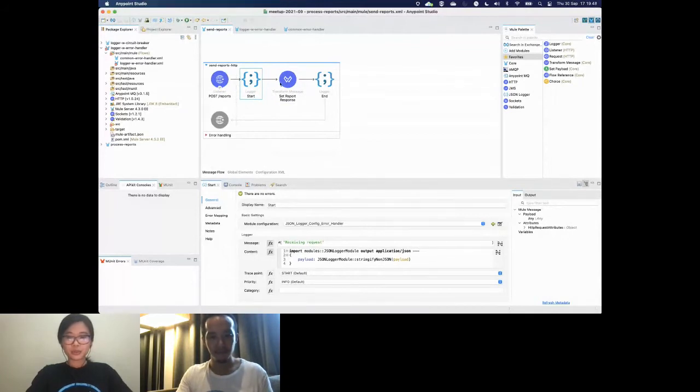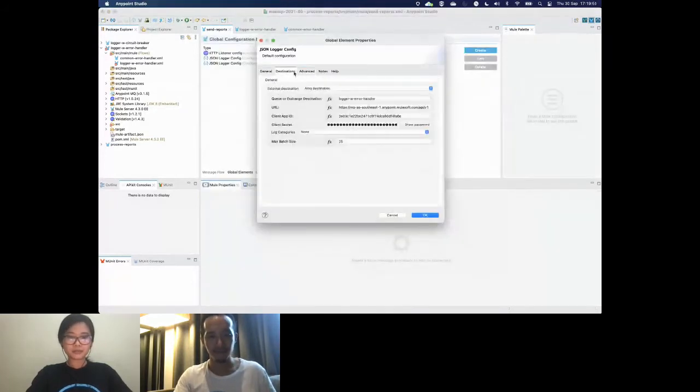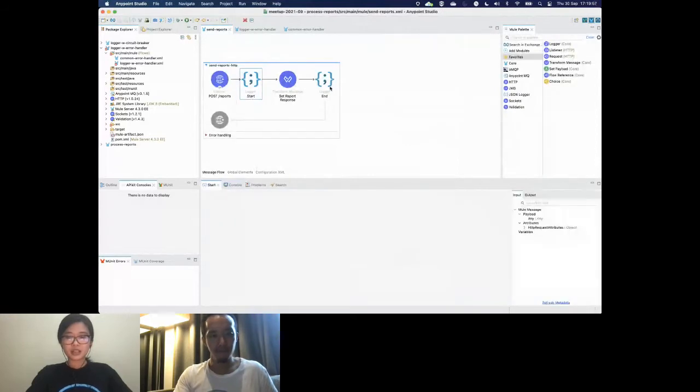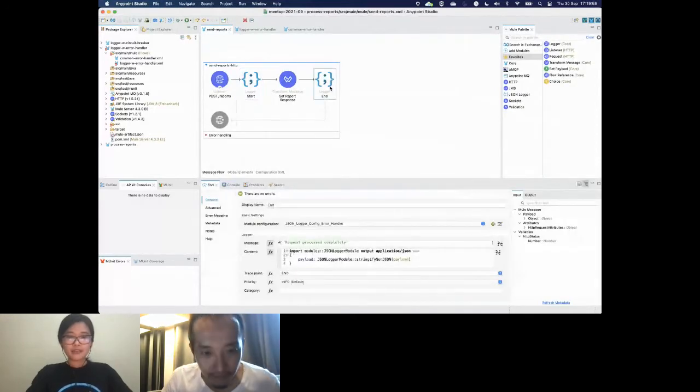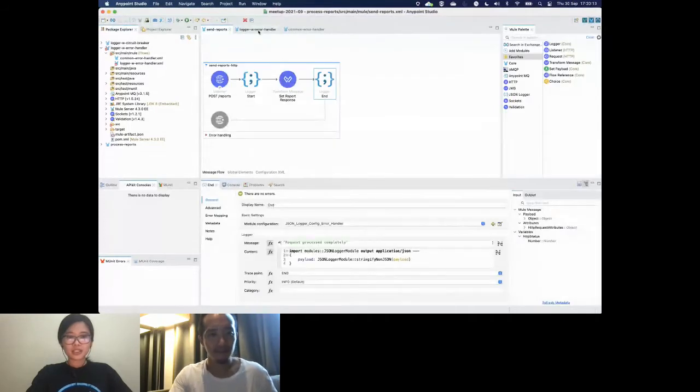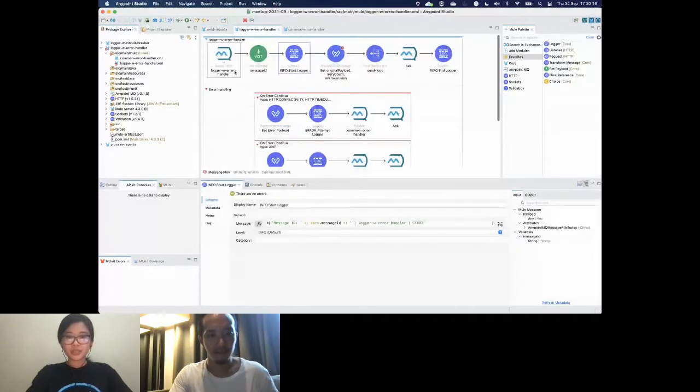Looking into our JSON logger, we have configured it to go to our MQ, which has the error handler, and the same goes for this log step. We have another configuration here for the circuit breaker, and we will switch to that configuration later on. Once that log message is sent to our logger with error handler MQ, we are just extracting the associated metadata on that MQ message.